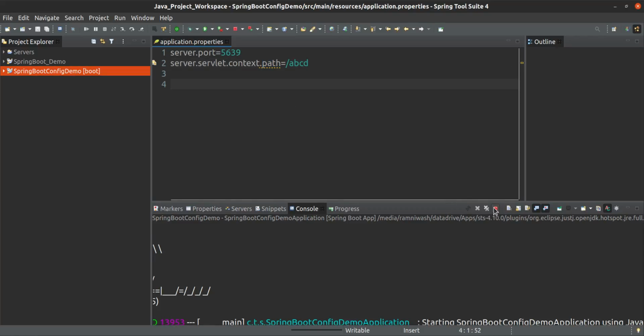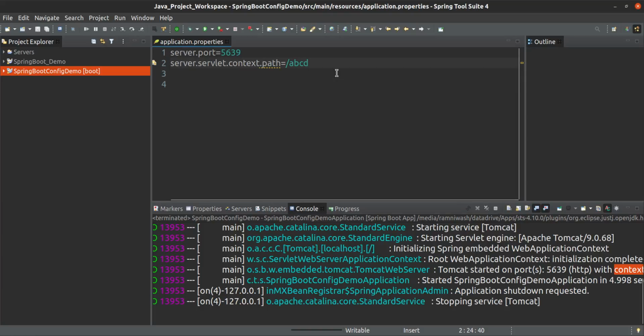Okay, I'll just stop this one. Context hyphen path. So this is that key name. The key name was different, so it was not starting on the specified one, it was starting on the default context path. Okay, so now just start this again,